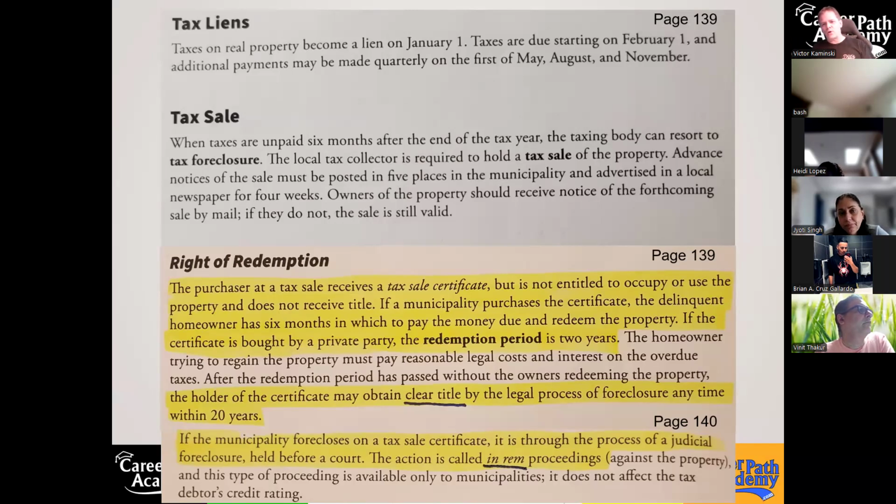Now, some people are like, well, it's messed up because then you got to evict the person, get them out of the house, and how about if I get the property, can I just rent it back to them? I would say do not get involved in this if that's your attitude, because you're not thinking like a business person. You're thinking with your heart too much. This person is not paying their property taxes. What makes you think they're going to pay your rent?